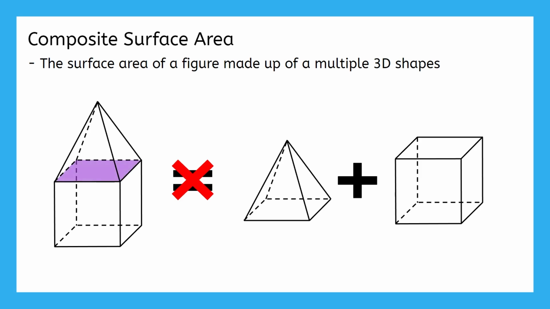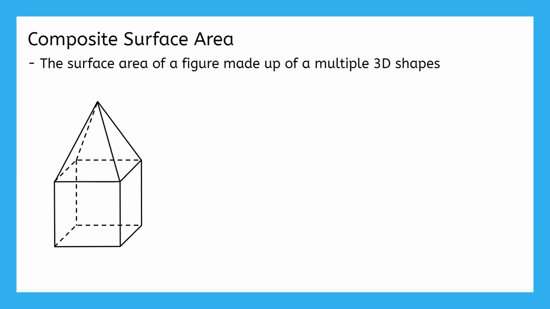Yup, it's this part right here. This space that is the base of both the pyramid and the prism is now not even a part of the outside surface of this new composite figure. If I were to wrap this composite figure in wrapping paper, I would not even be able to get paper on this part of the figure. Instead, the surface area of this figure would be the sum of the area of all of these faces.